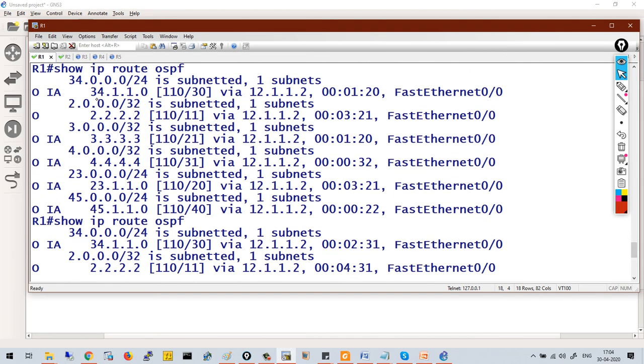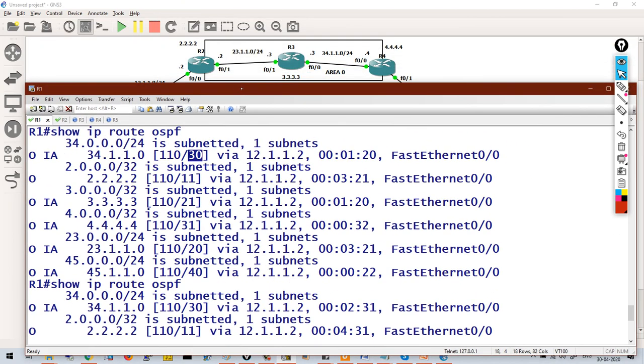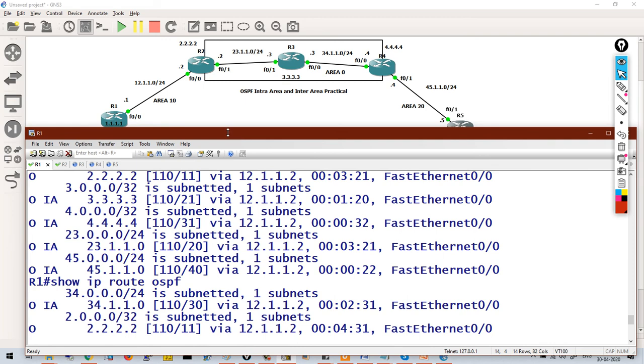You can see here, to reach the 34th network, the cost is 30. We actually don't know where this network exists in area 0. We just know that this particular network is advertised by the ABR in our area 10. So we don't have topology information of different area routers.